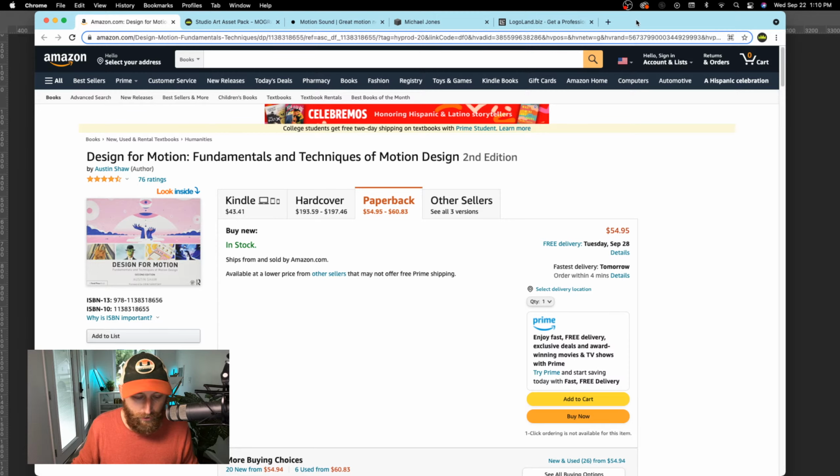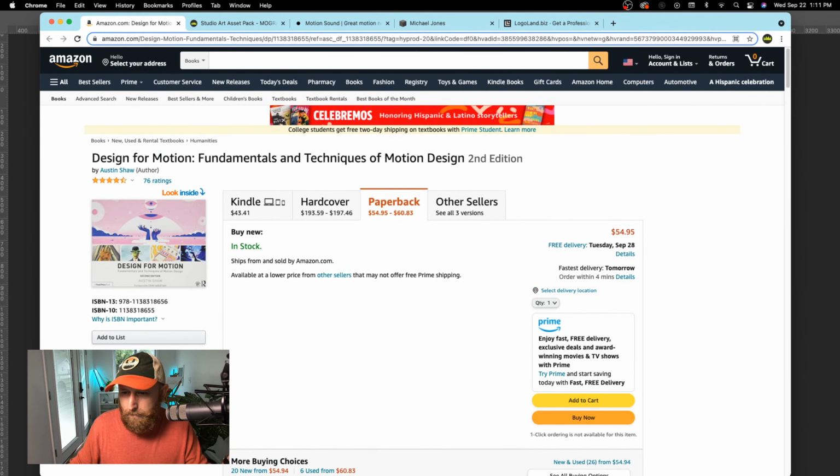Because we're not just creating visual art, we're creating it for animation, for a film. So he's got some great tips on applying those concepts to linear media, right? And so we need to design multiple frames. So that's a great book. Jacob also says Animator Survival Kit is a must when starting out.